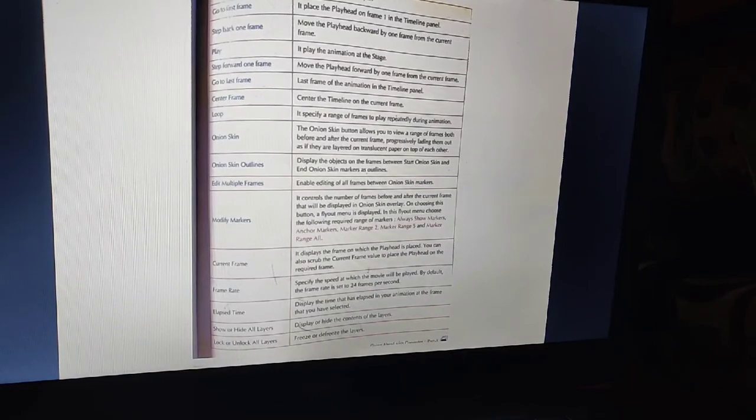Onion skin: this button allows you to view a range of frames both before and after the current frame, progressively fading them out as if they are layered on translucent paper on top of each other.